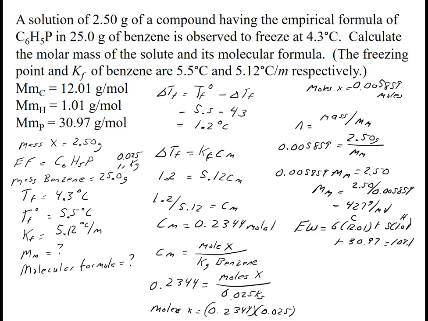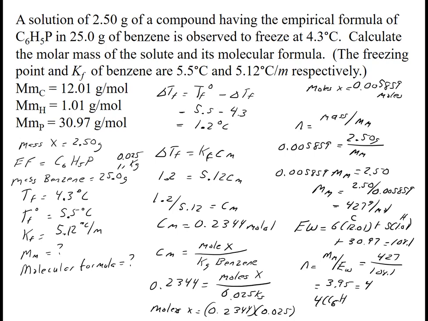And so it's another n, a different n. n is the molar mass divided by the empirical weight. So it's 427 divided by 108.1. When I did that, I got 3.95, but I'm going to round that to 4. So basically it's 4 times the